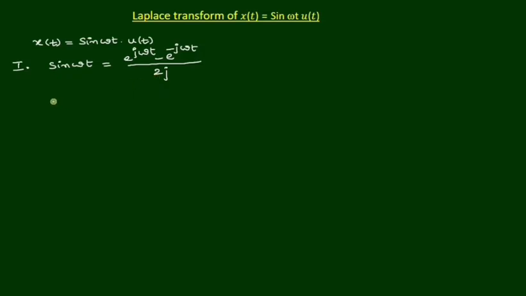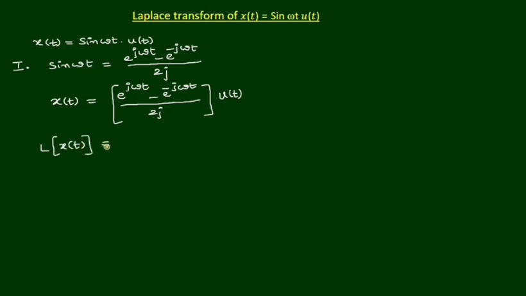Now the signal x of t becomes x of t equals e power j omega t minus e power minus j omega t divided by 2j, multiplied with u of t. Now we apply Laplace transform on both sides. So then we'll get the Laplace transform of x of t equals